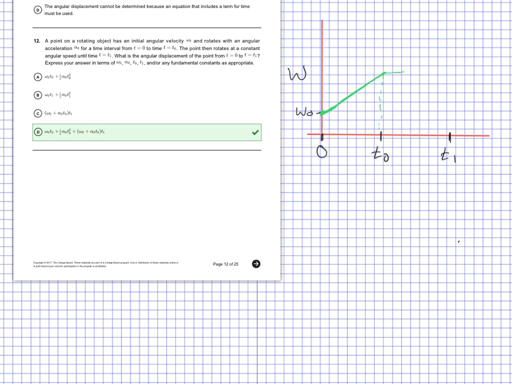Then I'm going to go at the steady, constant angular velocity, until this t1. So really, when they're asking for displacement of angle, it's just the area under the curve for an omega time graph. It's the same thing as displacement x being the area under the curve of a VT graph. Well, all of this area